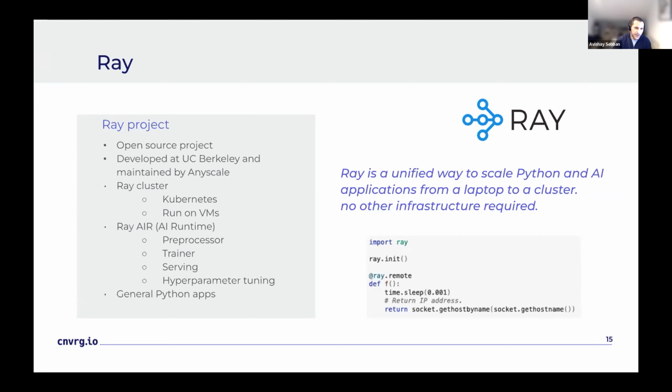And one of the key features of Ray is the ability to easily parallelize existing Python functions with minimal code changes. So as you can see in the example below, one of the ways Ray achieves this is through the use of decorators, such as the ray.remote decorator. And when this decorator is added to the function, it allows the function to be executed remotely on a cluster of machines rather than just on your laptop or local machine.